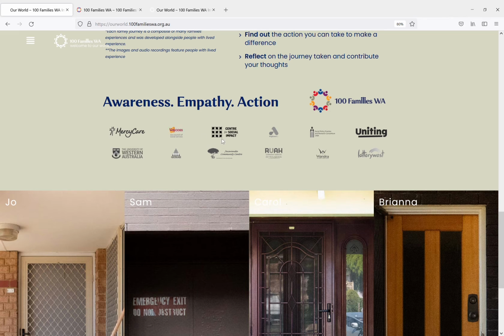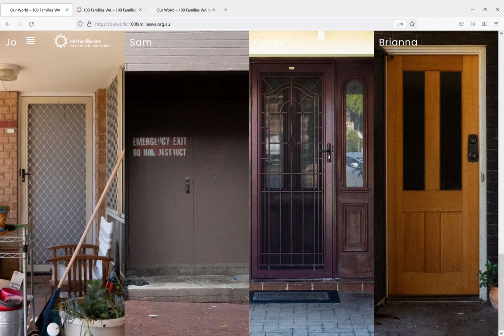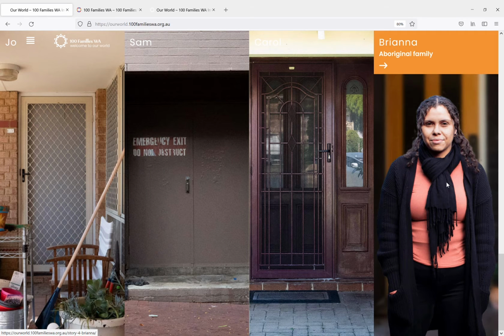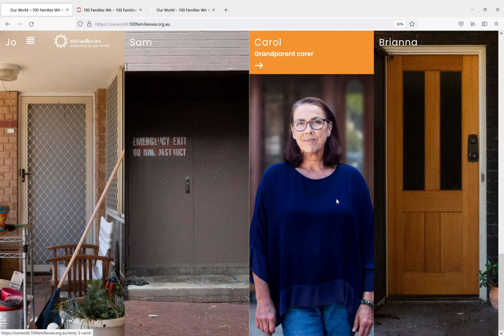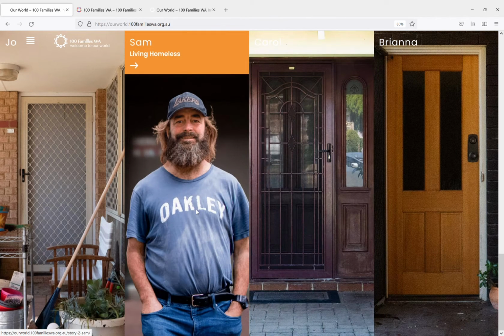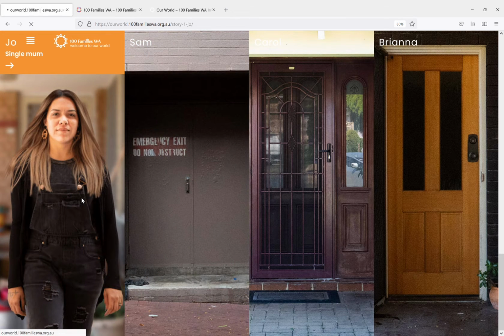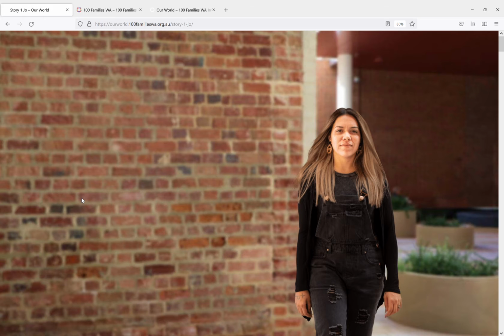These are the 10 partners. So these are the 10 partners involved in the project. And these are the 4 doors. So we have Brianna on the right, who's an Aboriginal family member. We have Carol, who's a grandparent carer. We have Sam, who's living homeless. And we have Joe, who's a single mum. So I'll select Joe, and we've